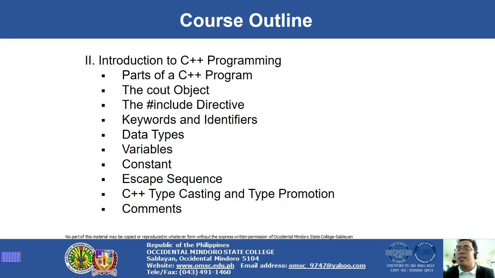What else? The C++ type casting and type promotion. Kapag sinabi nating casting and promotion, we have demotion and promotion. Kapag sinabi nating casting, we're gonna cast a certain data type into a different data type. Say for example, if that is double. Kapag sinabi nating double, hindi dalawa. Okay. So later on, i-explain natin ano ba yung double. Pag double, i-convert natin into an integer value. Okay, gagamit tayo ng casting.